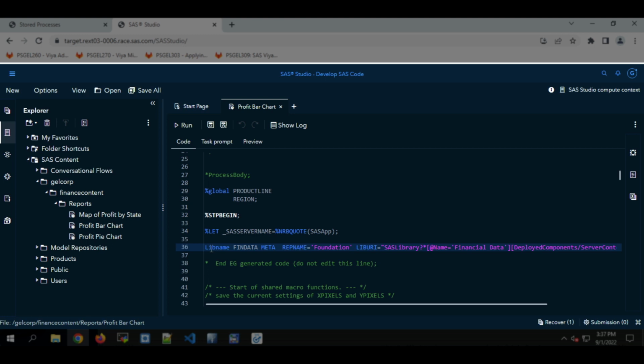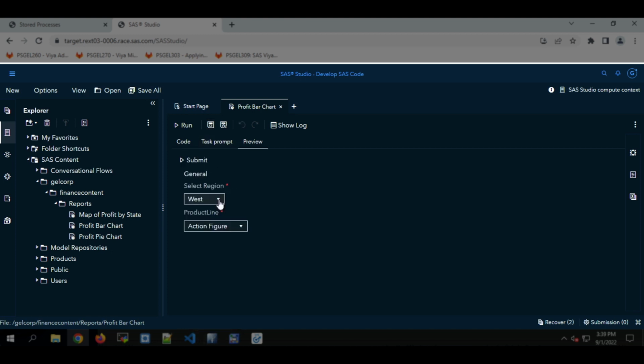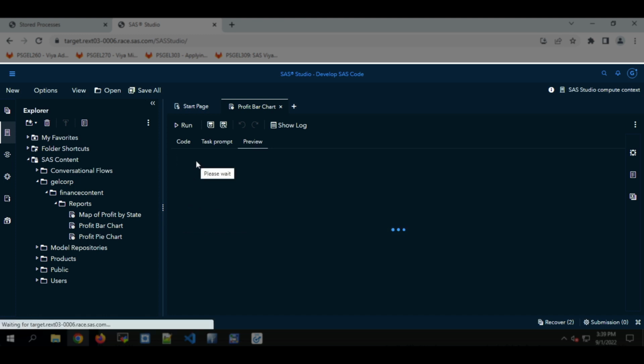It may be that I need to edit this code. In this case, you see here I have a metadata libname that will not work within Viya. So I'll comment that out and I'll show you where the libname comes from in a second. Let's save it. Run it, and you see that it populated the prompt with the region. I have the product line, and if I click submit, I should get my bar chart like I did within